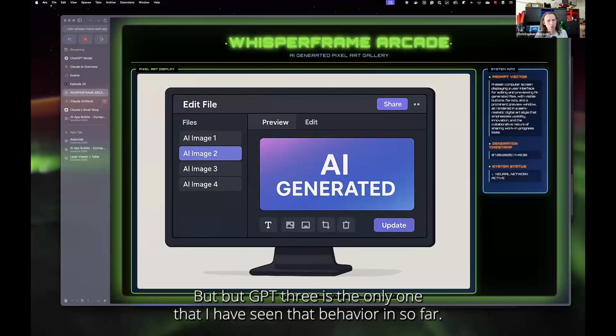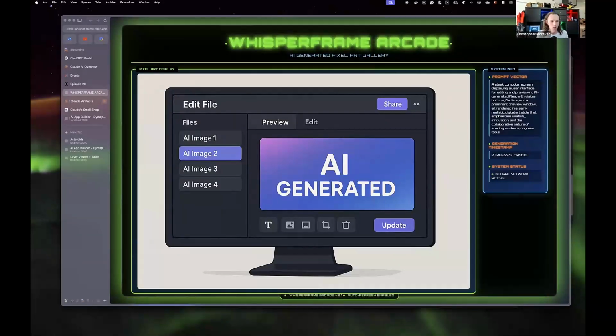But o3 is the only one that I have seen that behavior in so far. Claude will often just double down and not change its mind. And so your only option there is to start new context.